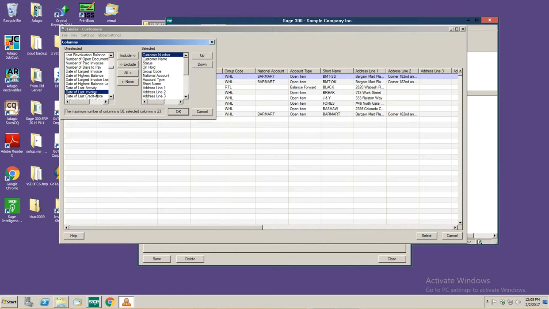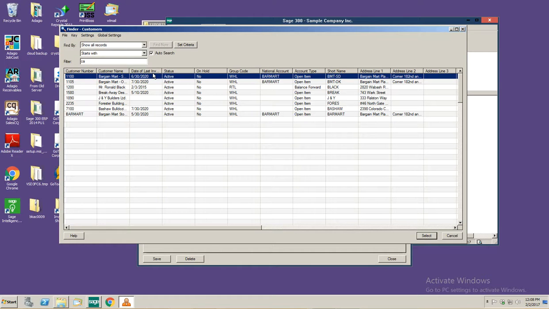So I'm going to highlight that field. I'm going to hit include, and that's going to be added to the end of the selected list. If I scroll down, there it is. If I want it to show more to the left, I'm just going to click up. So you can rearrange your columns in your Finder. And I'm going to click OK, and now you can see the third column is now date of the last